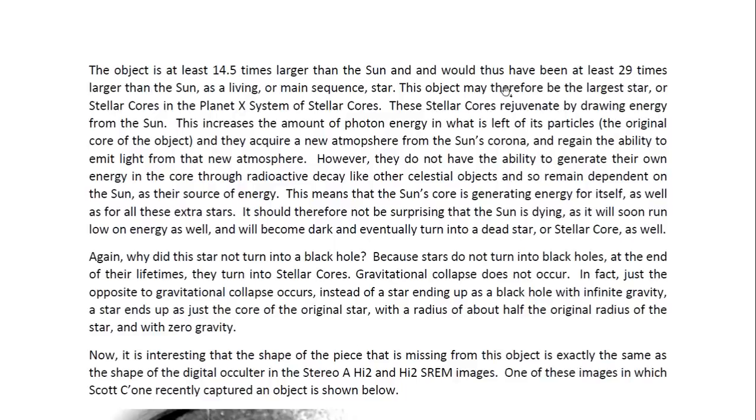This means that as a main sequence star, as a living star, this object would have been at least 29 times larger than the sun. This object may therefore be the largest stellar core in the Planet X system of stellar cores. These stellar cores rejuvenate by drawing energy from the sun. This increases the amount of photon energy in what is left of its particles, which is the original core of the object, and they acquire new atmosphere from the sun's corona